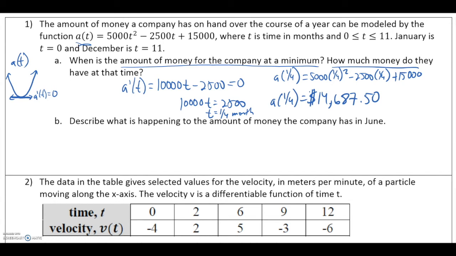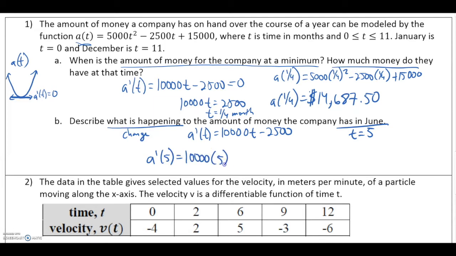And part B, describe what is happening to the amount of money the company has in June. When I say what is happening, I'm talking about how it's changing. So it's kind of the same idea as thinking about movement at rest. And so I'm going to look to the derivative for this part of the problem as well. When I say what's happening in June, we have to give a time value for that. And if January is the 0 month, 5 months later would be t equals 5. It's really just asking me to do A prime of 5